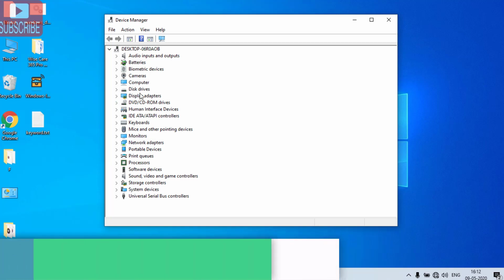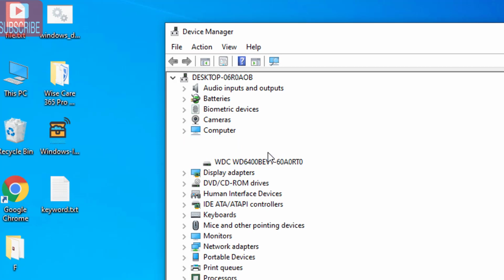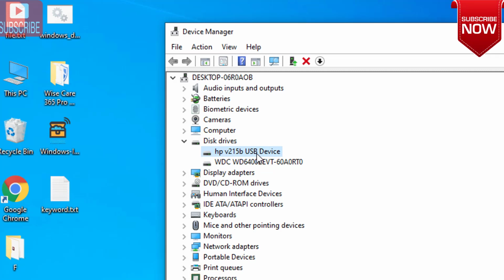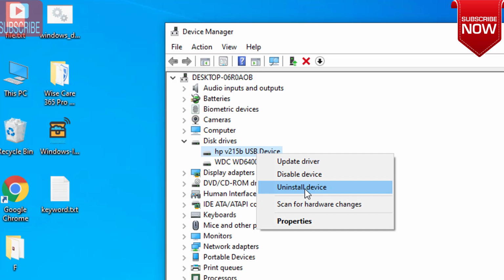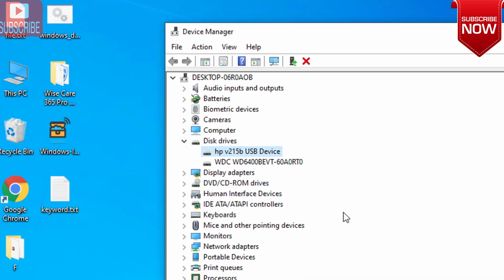So in device manager, you need to choose disk drives. Under disk drives, you will find your pen drive or your hard disk available over here. Right click on it and click on uninstall driver. Click on the uninstall button.